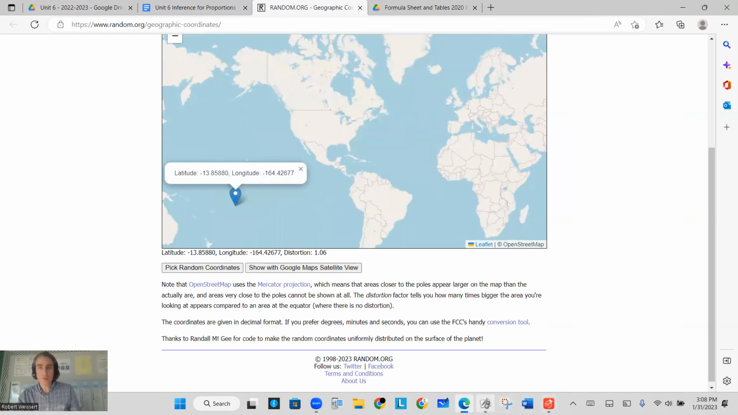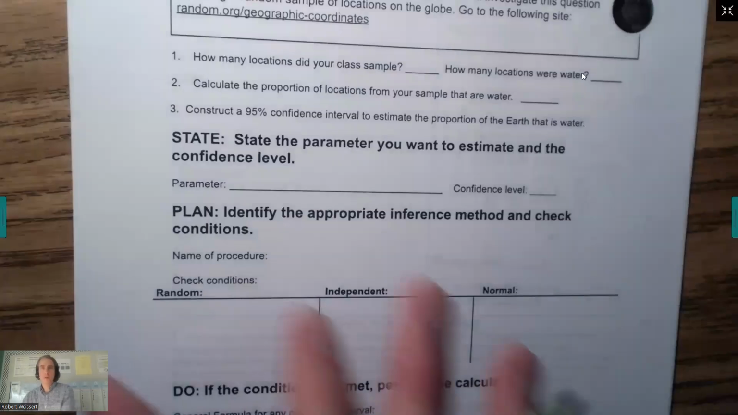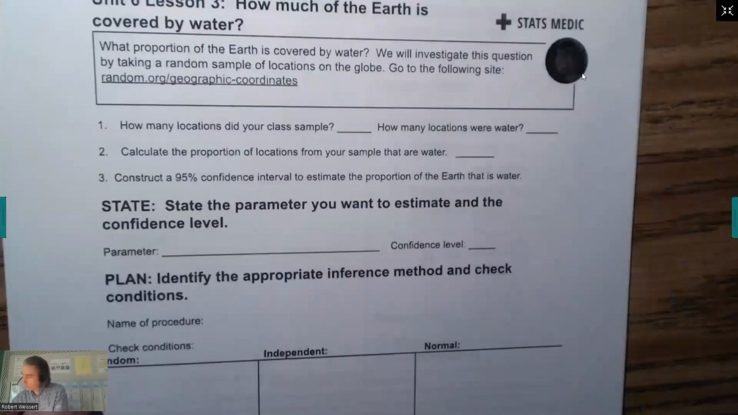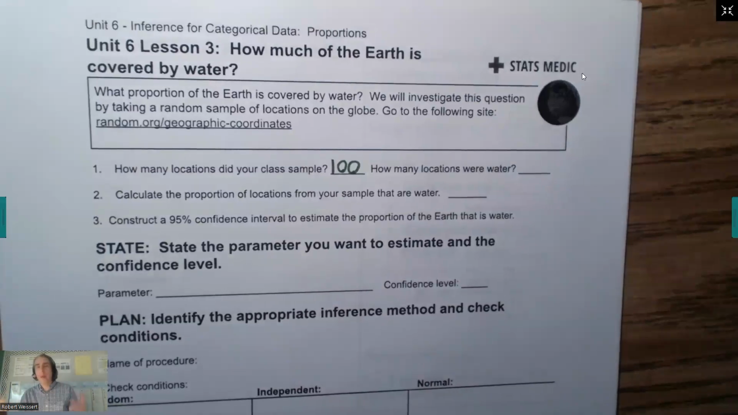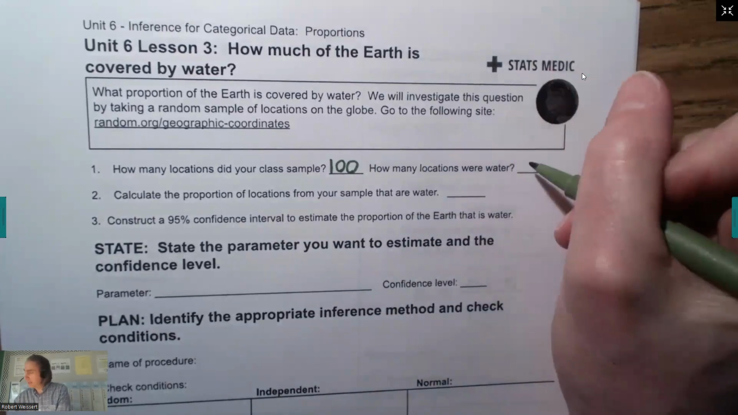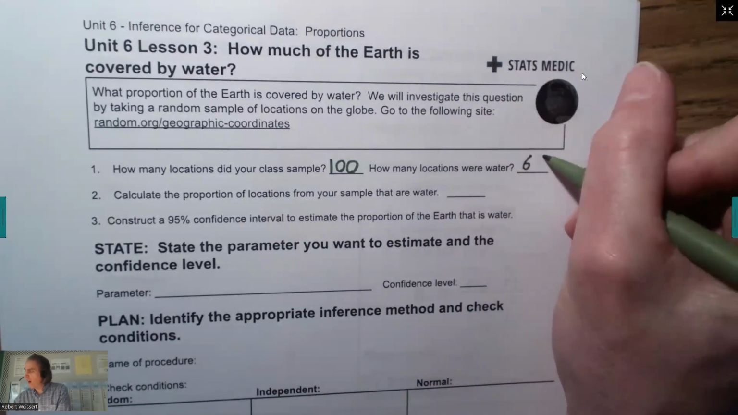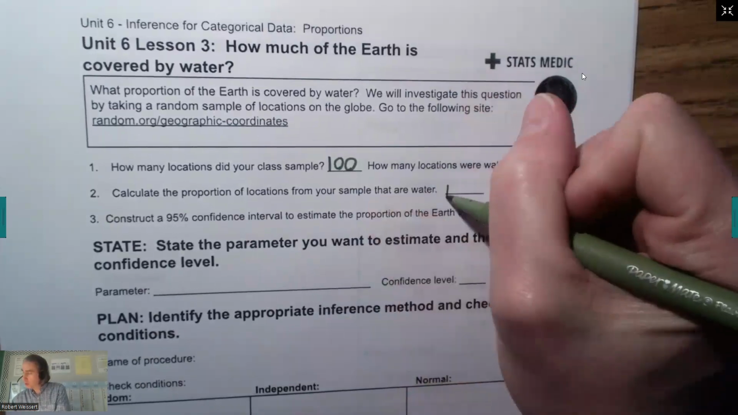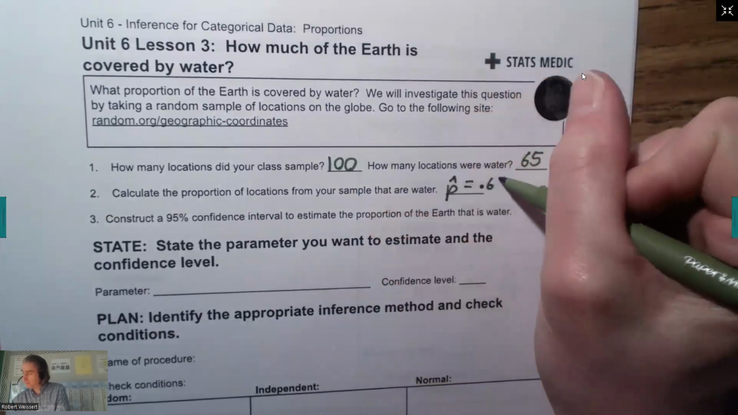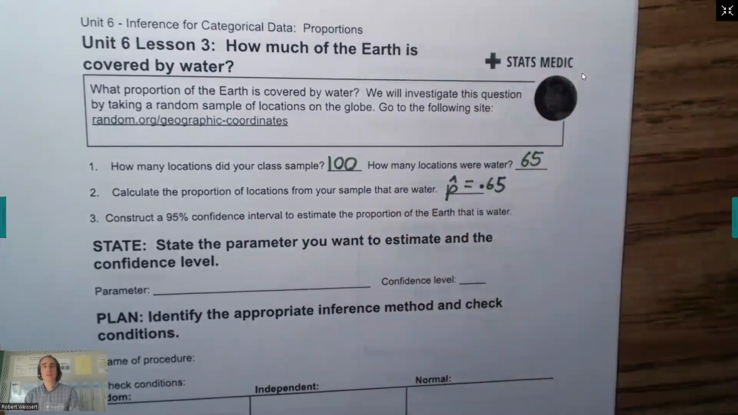Okay. So let's go ahead and assume we did 100 samples. Let's say between all of us in class, we did 100 samples and we found, based on those 100 samples, that, I don't know, let's say 65 of them were covered in water. So not quite 2/3, 65 of them were covered in water. And of course, it says calculate the proportion of locations from the sample that are water. So you know that 65 out of 100 would be 0.65. Okay, so our goal here is to construct a confidence interval to estimate the true proportion